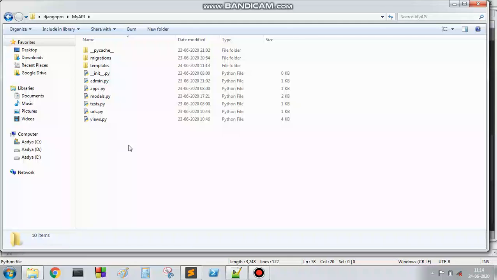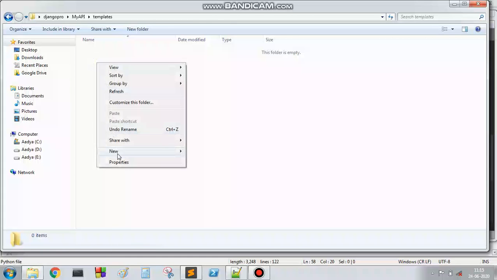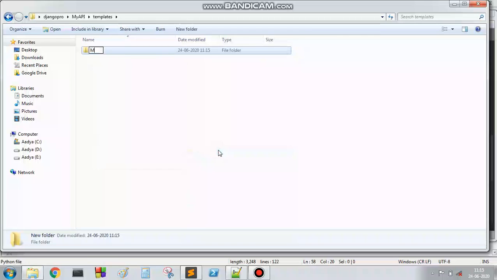This indicates that whenever we are rendering any HTML file, Django will automatically search inside this templates folder. To make it clearly distinguished from other applications, let's make another folder inside it. Let it be my API.